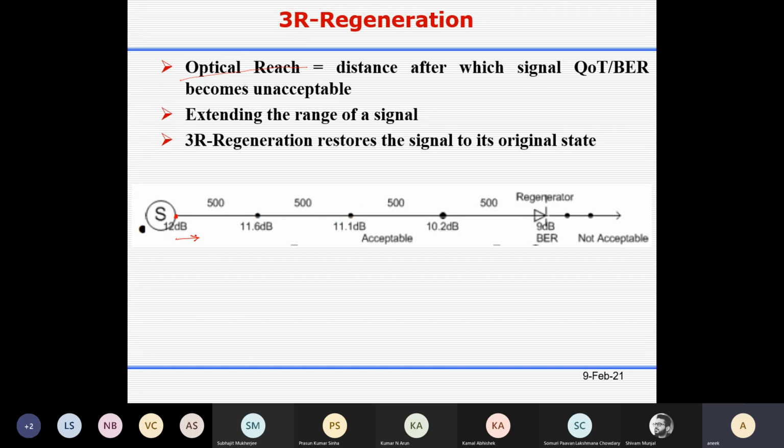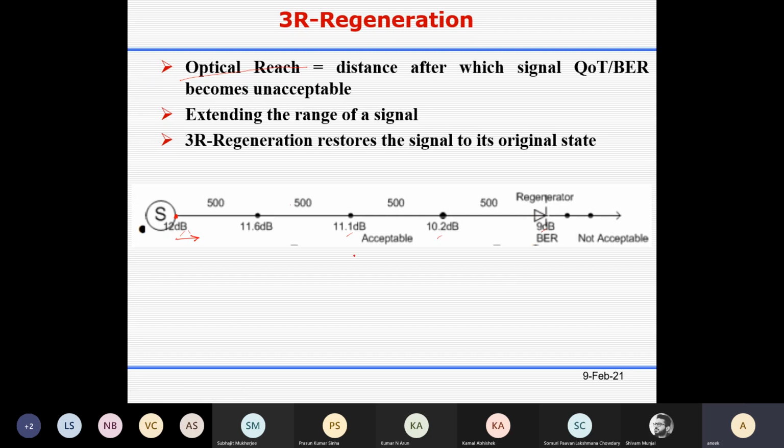You see that it decreases from 12 dB, then 11.6, then 11.1, then 10.2, then 9, and then it decreases even further. How much distance have you covered? 500 plus 500 plus 500 plus 500, 2000 kilometers. So after 2000 kilometers, your signal to noise ratio has decreased from 12 dB to 9 dB.